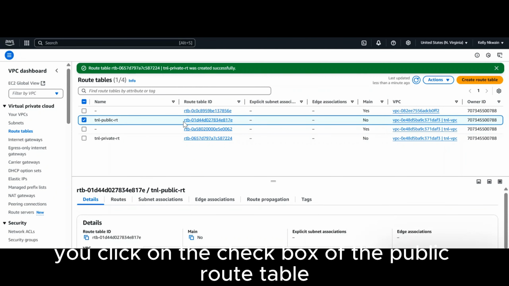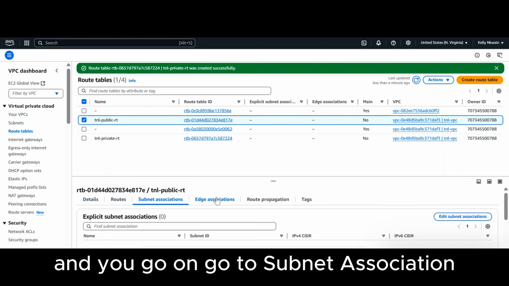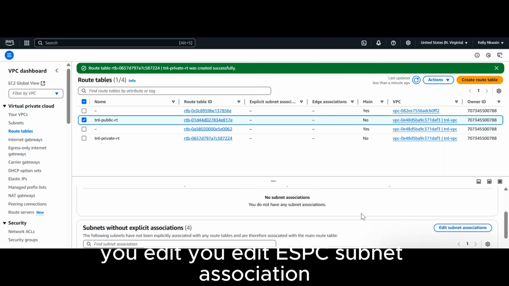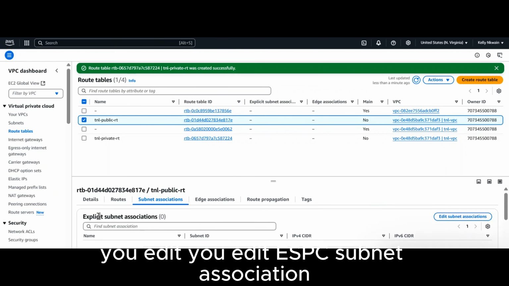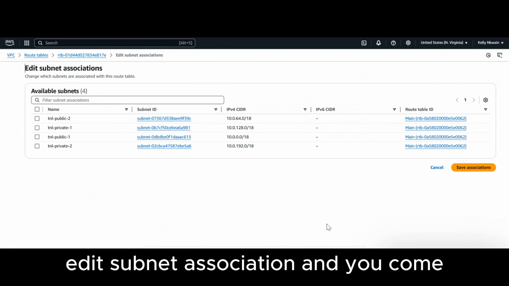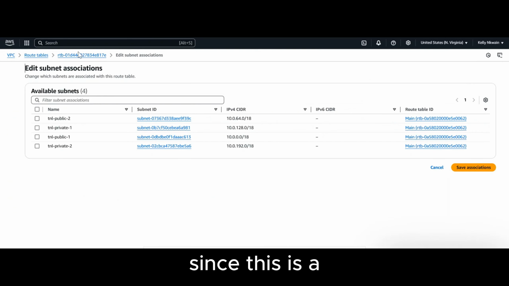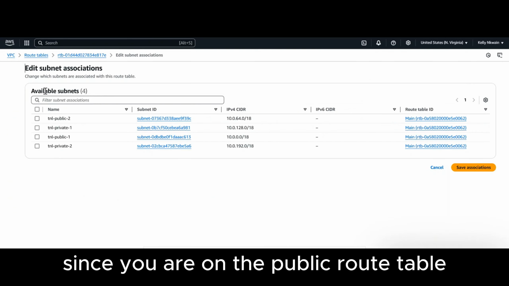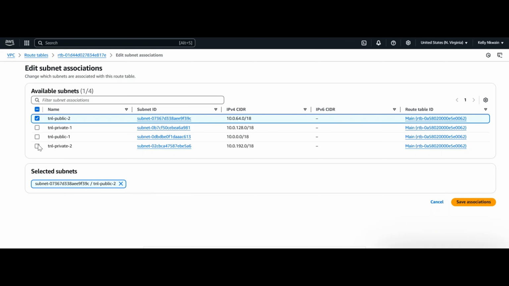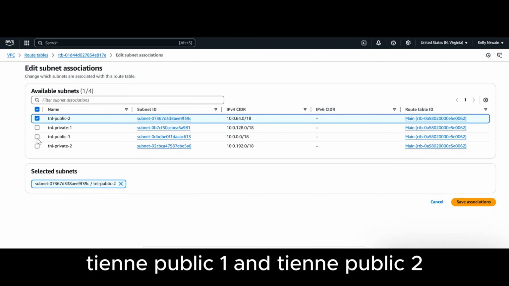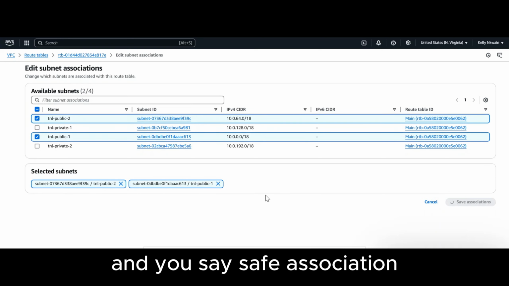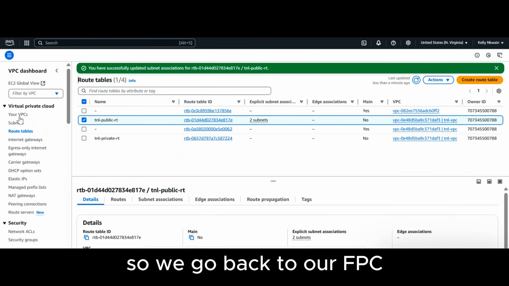So you click on the checkbox of the public route table, and you go to subnet association. You edit explicit subnet association, edit subnet association. Since we are on the public route table, you choose TNL public 1 and TNL public 2, and you say save association. So if we go back to our VPC